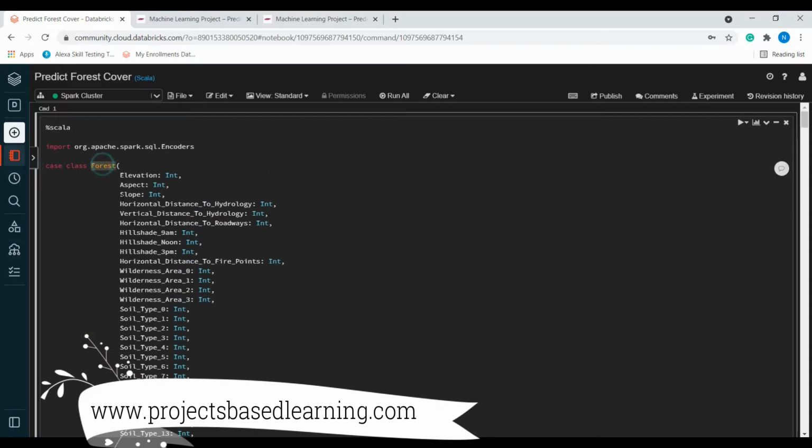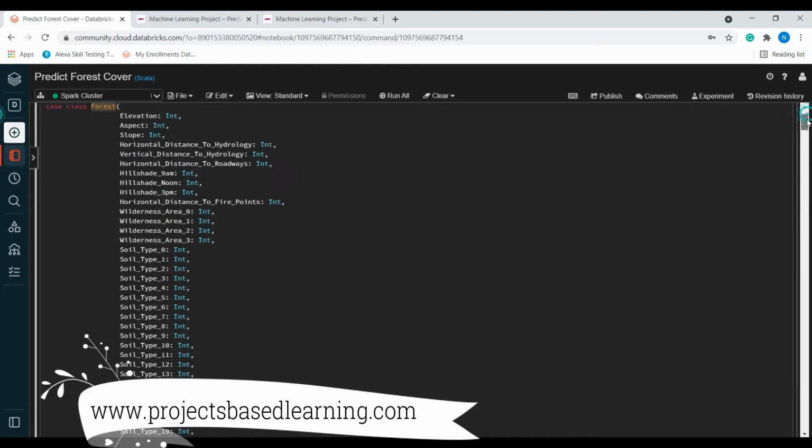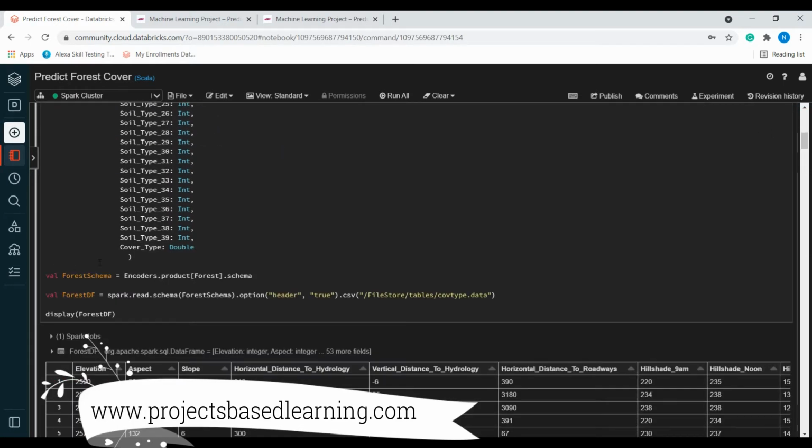In this class we have elevation, aspect and all those details, various types of soil, and the final portion is cover type. This cover type we need to predict. There are 7 values.